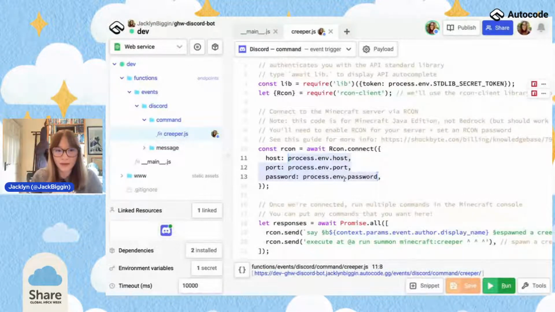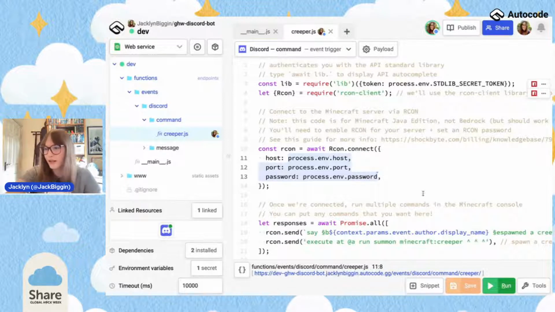If you are using snippets, or even building your own stuff, you're going to need to include environment variables if you want to store your host name, your password, anything that is going to be customizable. Rather than putting it in code, a really good best practice to follow, and this applies not just to Autocode projects but to projects more generally, is to store environment variables.